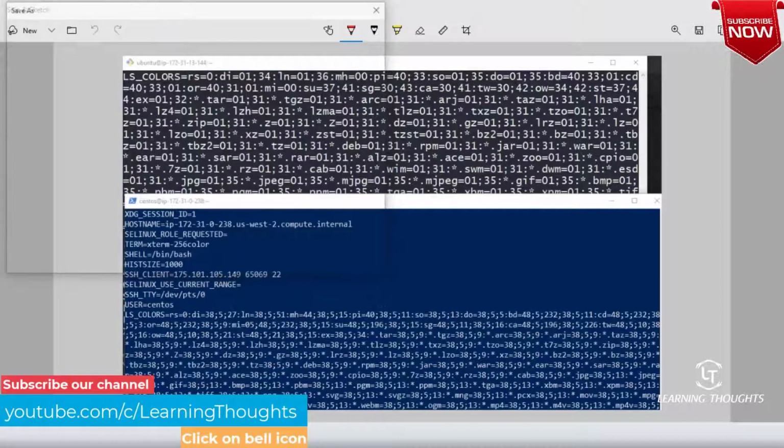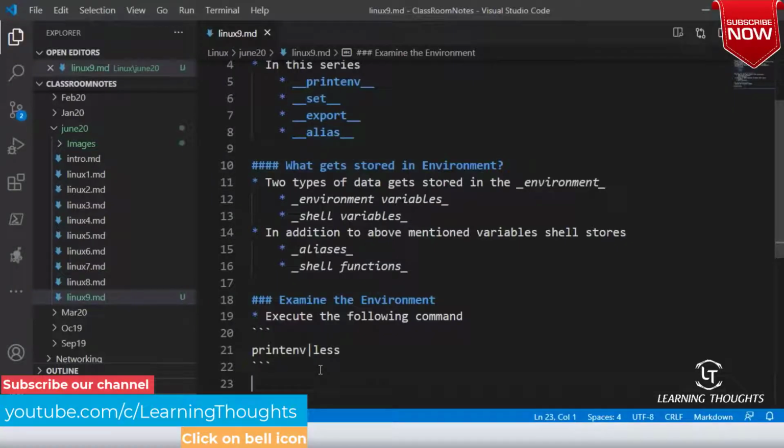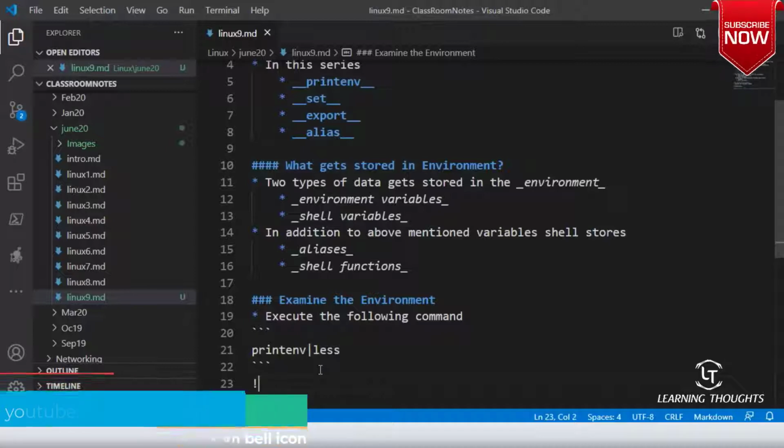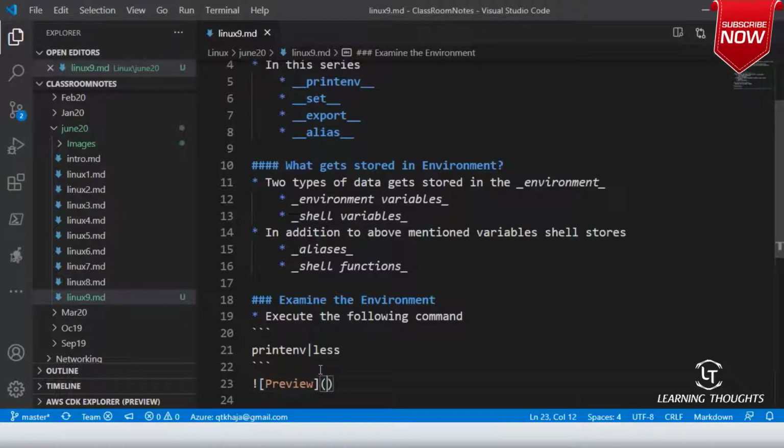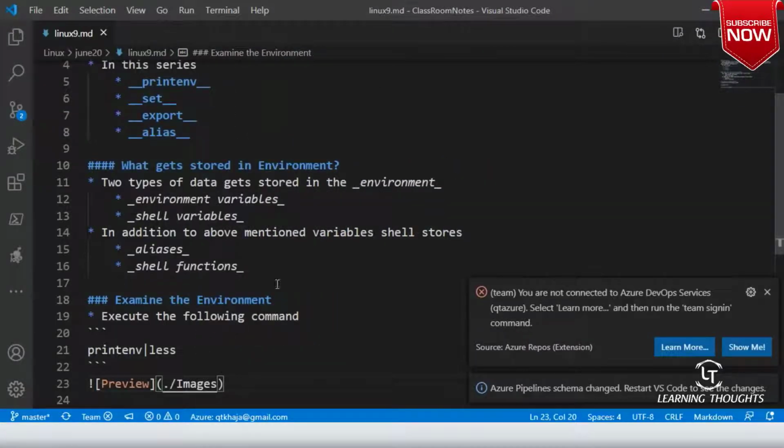So this is what has happened. Before commenting on it, I'll try to type one more command: images slash linux70.png. Good.